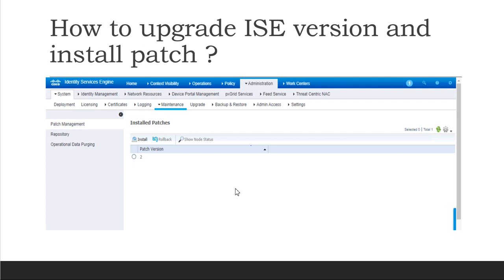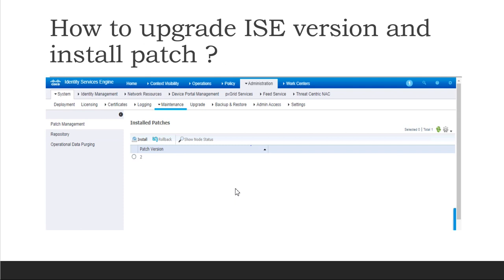It will be a tool that will be used to check all the requirements that we need on Cisco ISE to be able to upgrade. In case we have an issue, like a certificate which got expired, or some issue with the disk space, we can get to know from the upgrade readiness tool. In case everything is fine, then URT will be successful, and we can move more confidently towards the